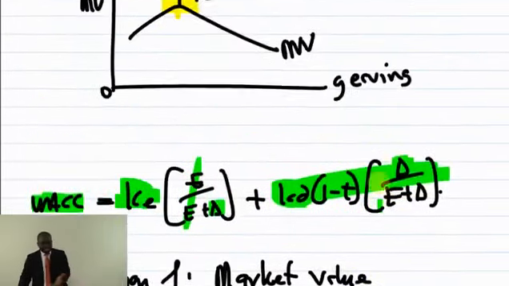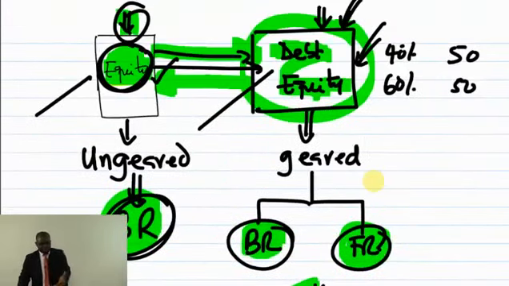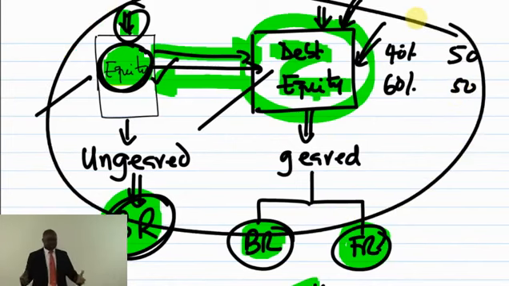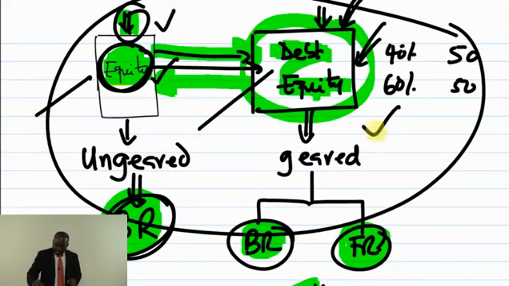So if I create any of these scenarios for you in the question, and I have to get the WACC here, the WACC there, as long as it is Miller and Modigliani in the world of no tax, even if the examiner is not mentioning Miller and Modigliani, as long as you see gearing changing, then you need them. The WACC I have here should be the same as the WACC I will have after I have brought in the debt, as long as there is no tax.